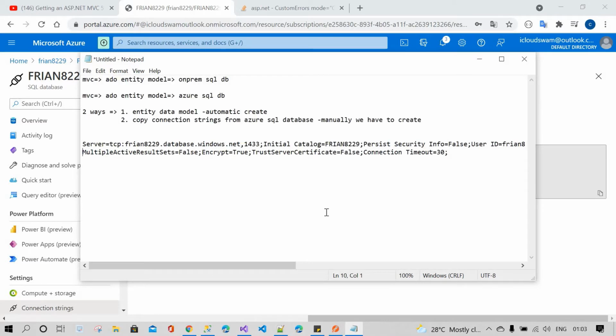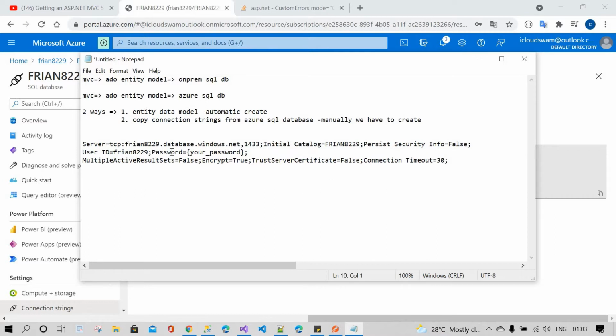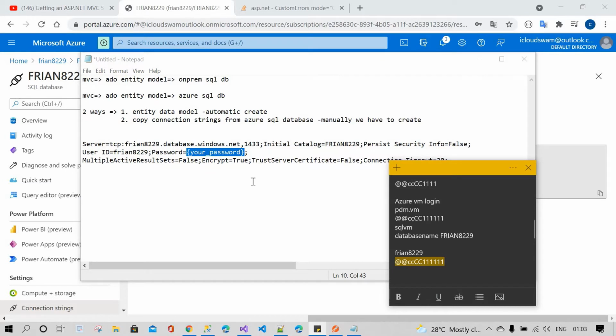Okay, no problem. Username and password. Where is our password? This is our password. Replace it with your original password. Okay, this is my password, replaced.